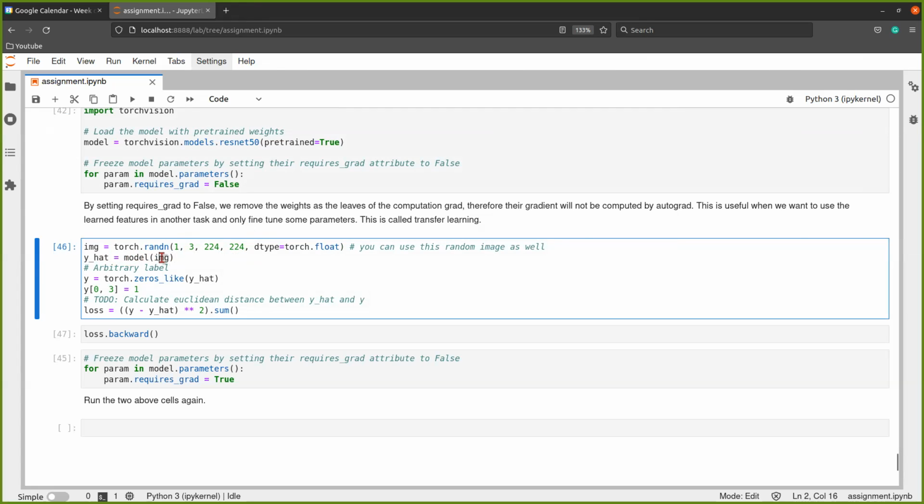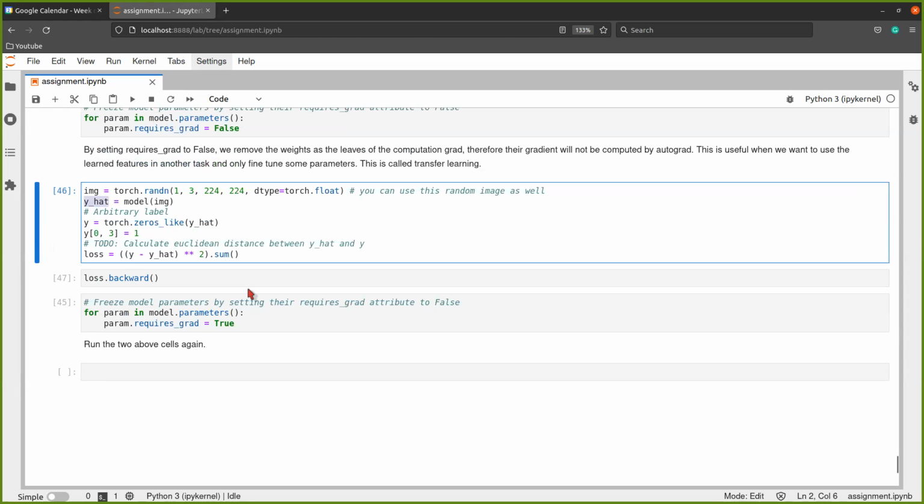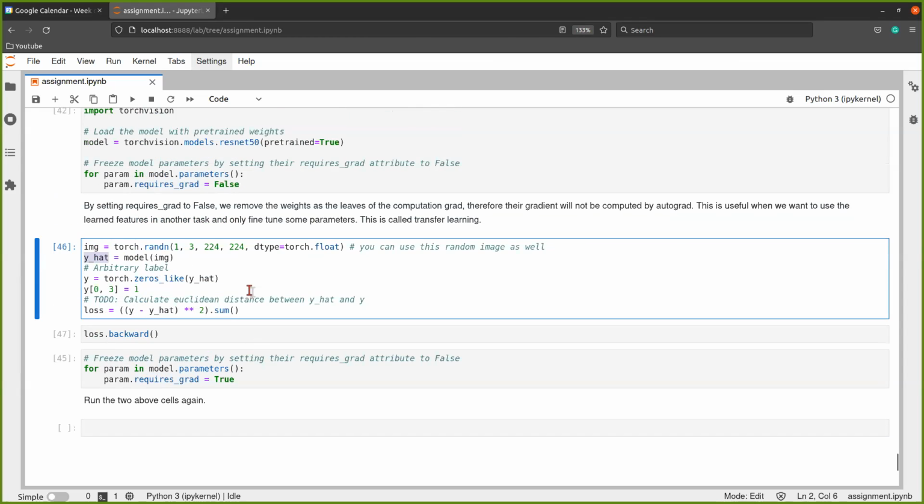Just calculate the output for the input image, and then I have it in the y-hat. But because we don't have the y, we want to just randomly define something. I know that the output y-hat shape is 100, but in order to specifically define y for different types of outputs, we just used the zeros-like function in PyTorch,